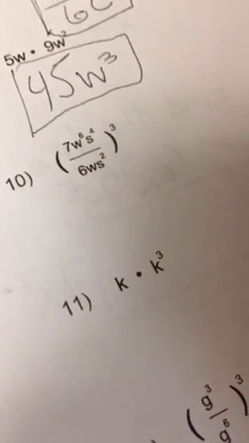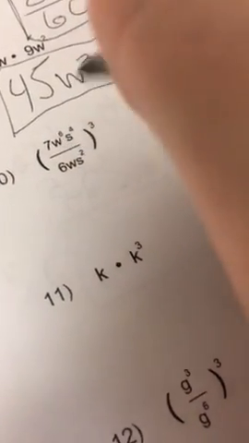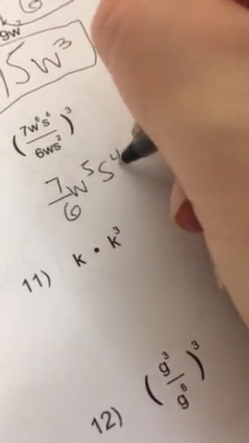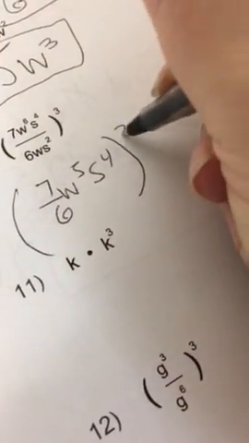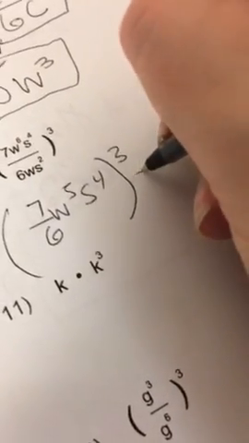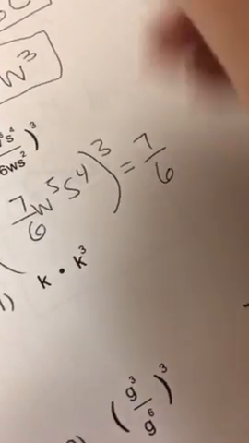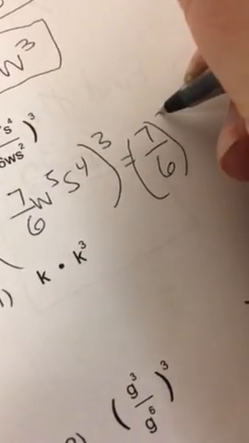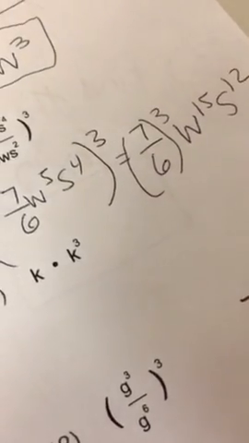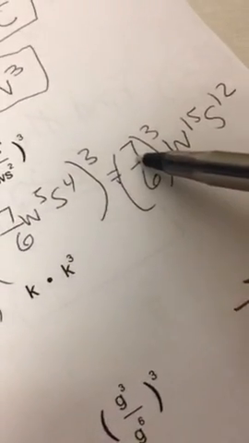Okay, this one, I'm just going to go ahead and do what's inside the parentheses first. So I'm going to keep this as 7/6, w to the 5th, s to the 4th. And then that's all to the 3rd power. So what this would end up being would be 7 over 6 to the 3rd power, w to the 15th power, and s to the 12th power. And if I wanted to, I could do 7 over 6 times 7 over 6 times 7 over 6, and get that